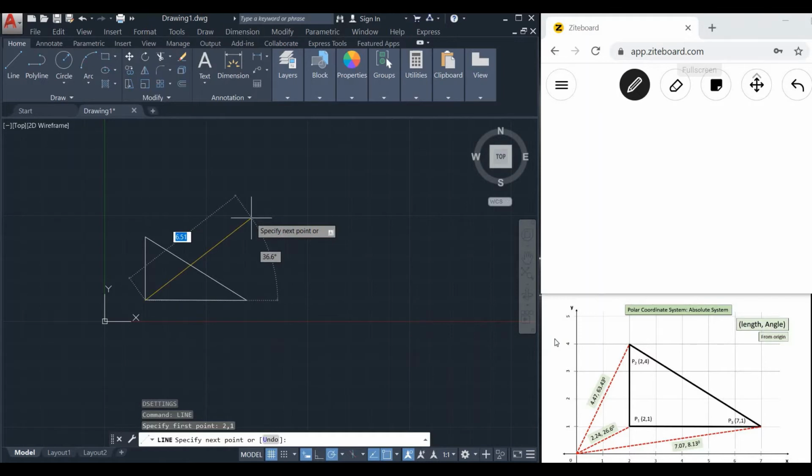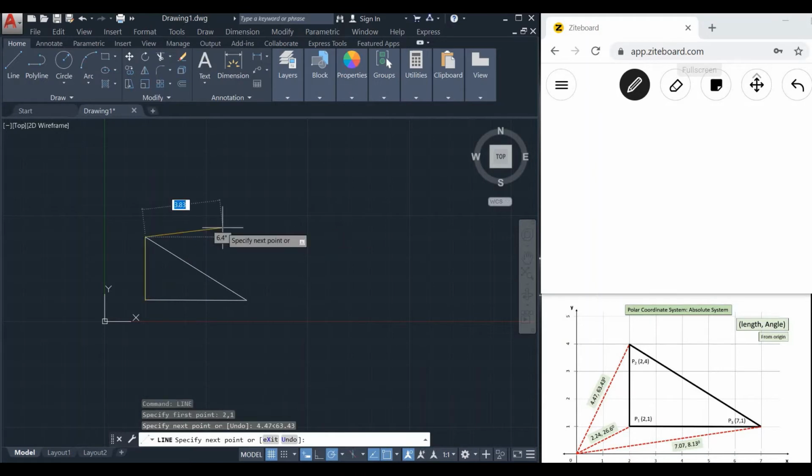Then you have to specify the second point using the absolute polar system, and in the drafting setting, the setting has been set to absolute polar system. So you can type the length, that is 4.47, and instead of pressing comma, you can press the angle bracket on the keyboard and specify the angle,